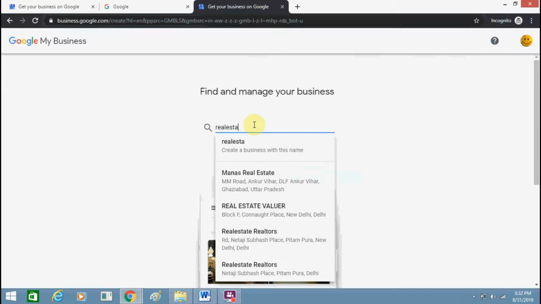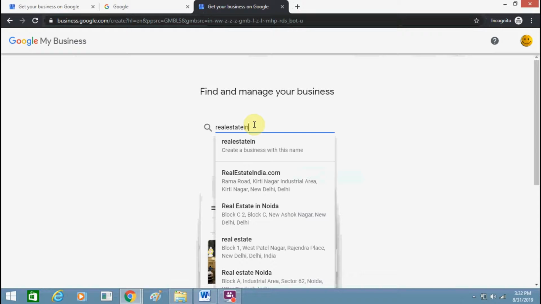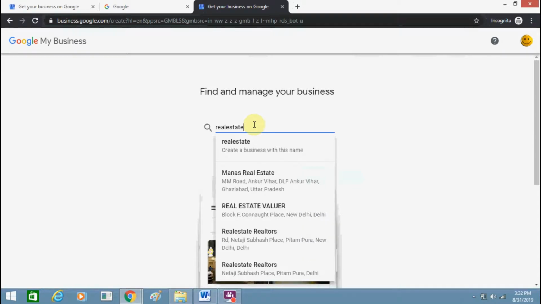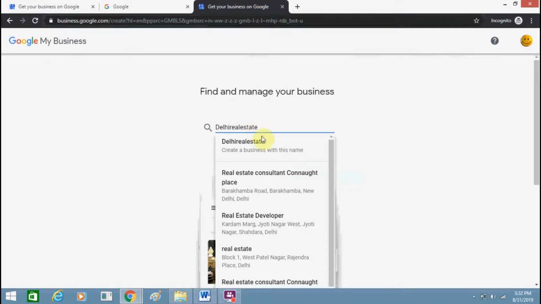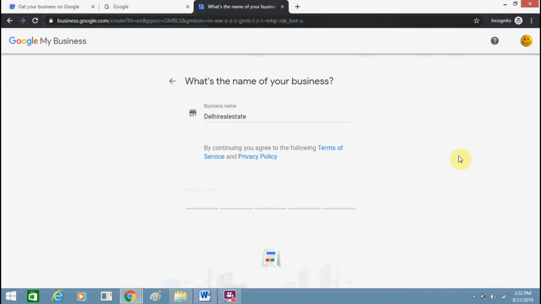Actually I want Delhi real estate, because I have a real estate business. So I will create a free website for my real estate business in a particular Delhi location, and I just need to click on next.